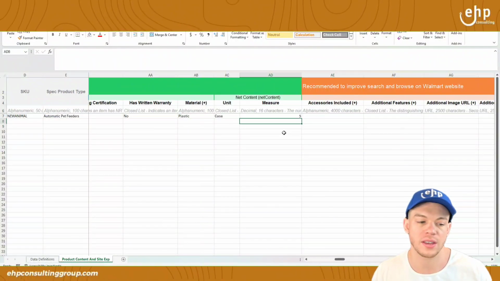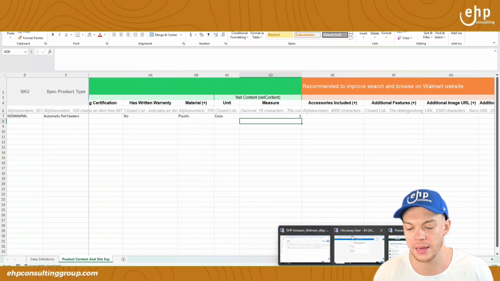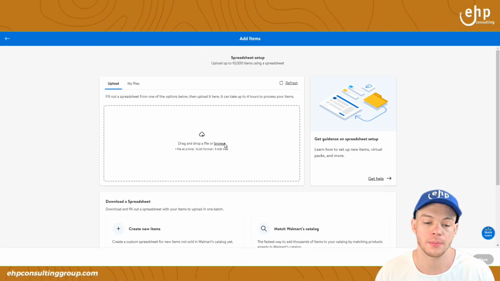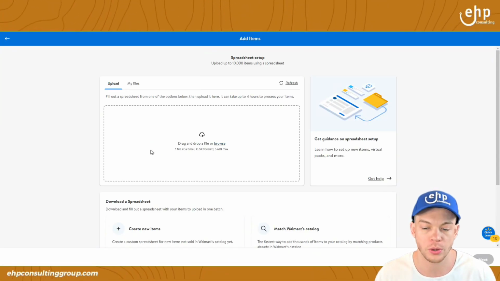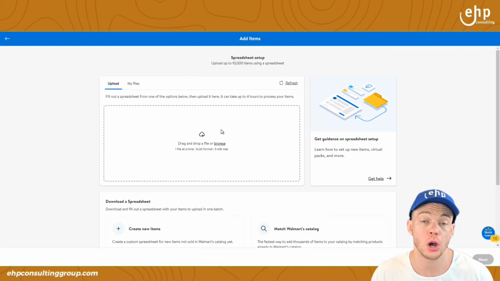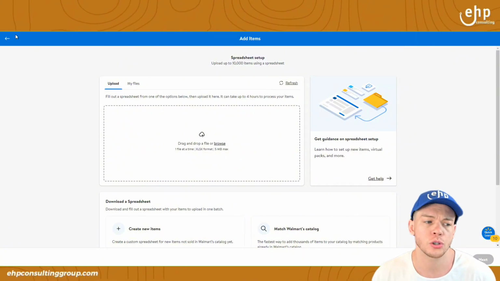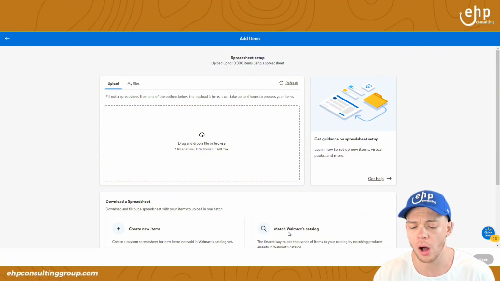And then you save this, and then you're going to go back here, go back, and then you're simply going to upload it in the same place. So you're going to browse it, upload it, and then it should show. Now, if it doesn't show, if you waited an hour and it's still not showing the listing after you do the bulk upload or even the match with Walmart's catalog,